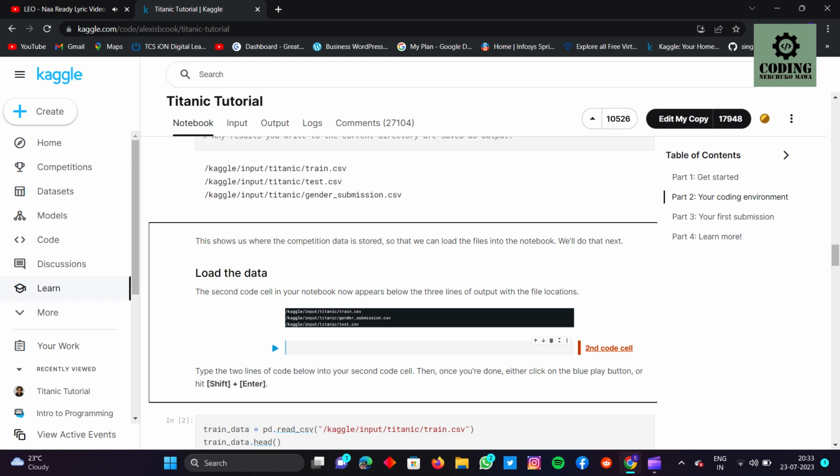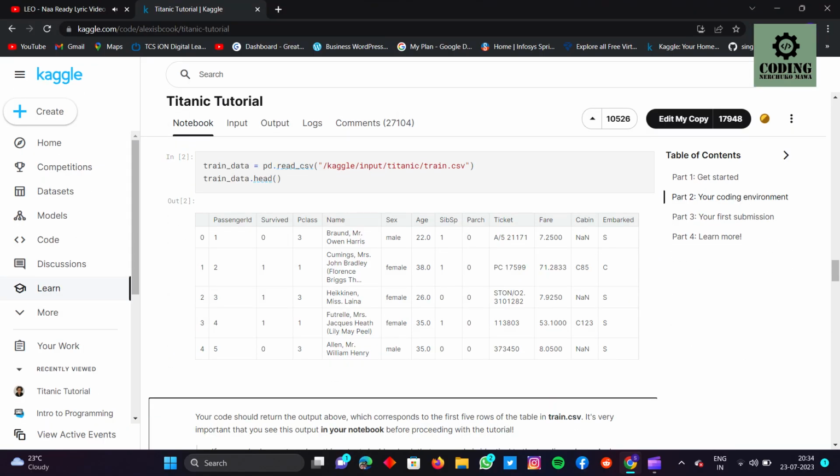The second code cell in your notebook now appears below the 3 lines of output with the file locations. Type the 2 lines of code below into your second code cell. Then, once you're done, either click on the blue play button, or hit Shift plus Enter. train_data = pd.read_csv("/kaggle/input/titanic/train.csv")